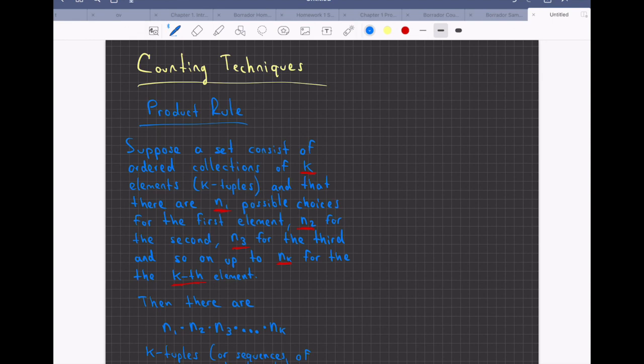So the first counting technique is called the product rule. In general, it says that if you have several ways to do one task, other several ways to do other tasks, and so on, and you're going to do all the tasks in a sequence, then in how many ways can you do all of those possible tasks? Well, it's simple. You will have to multiply the numbers, and that's the meaning for this one here. Multiply all the possibilities. For example,